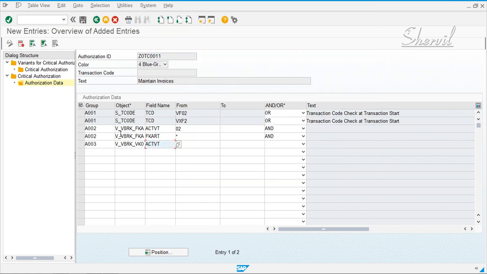Like I said, because all of these end with an AND, you don't need to use different group IDs. You could use A002 for itself.